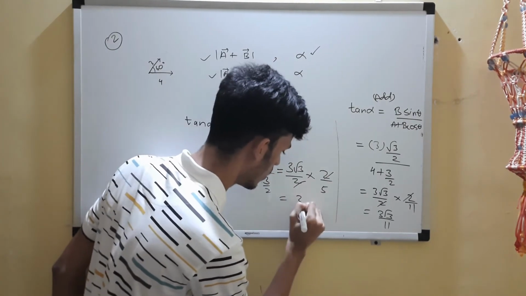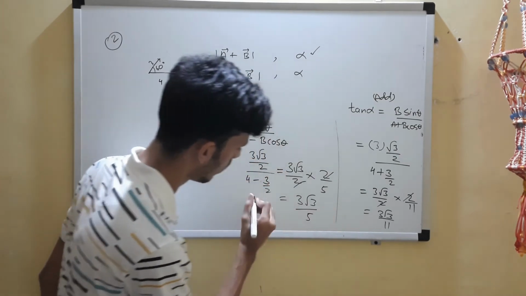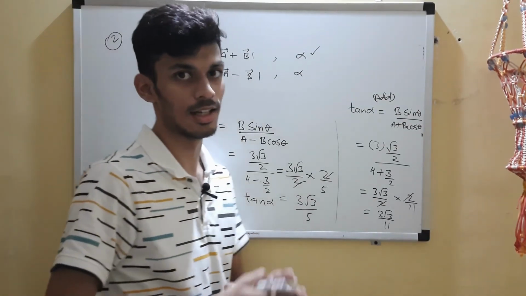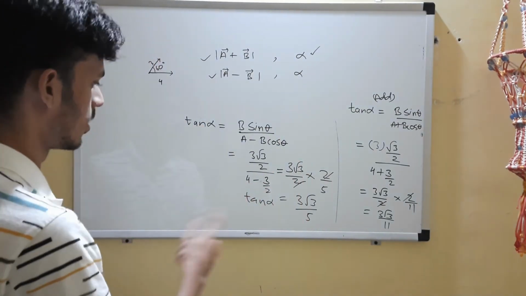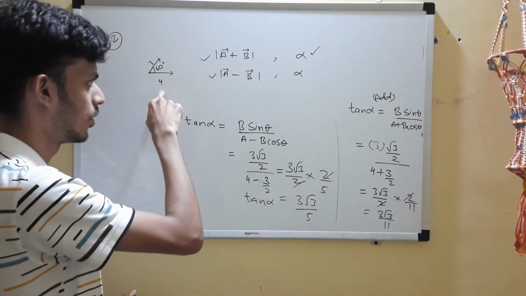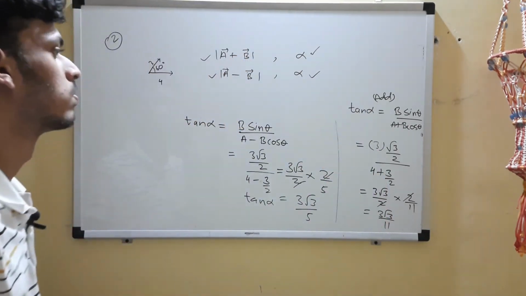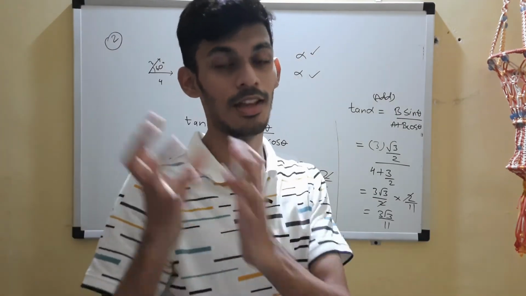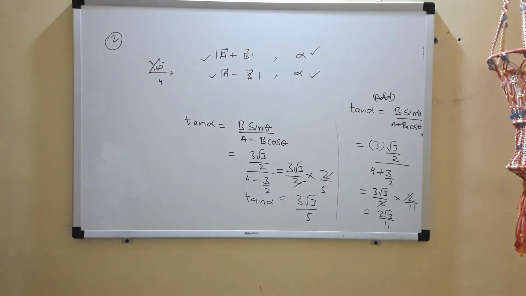So this is the value of tan alpha of the angle. What is alpha? Alpha is the angle the resultant subtraction vector makes with the first vector, the vector with magnitude 4, that is a. So that also we found. The books will of course not use these notations. Of course they will frame it in words. So you can note that down. It was easy as well, a direct application of formulae.